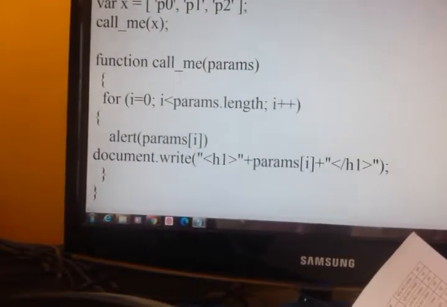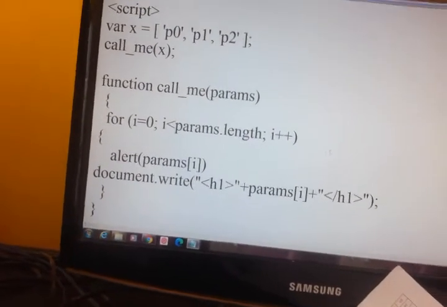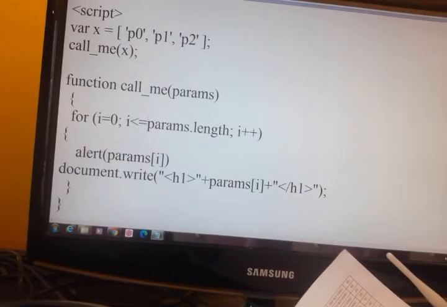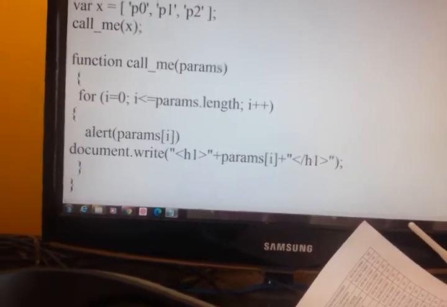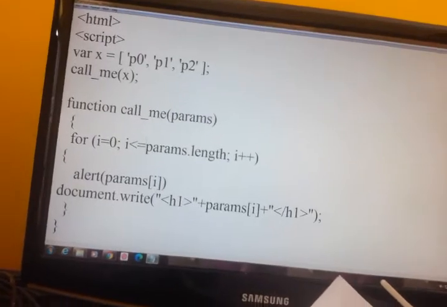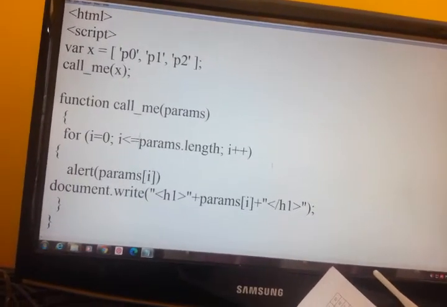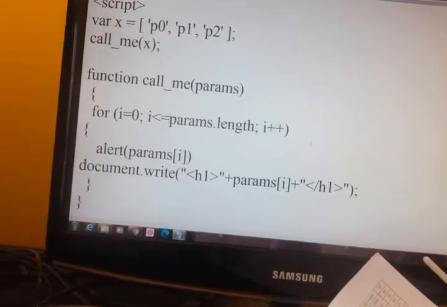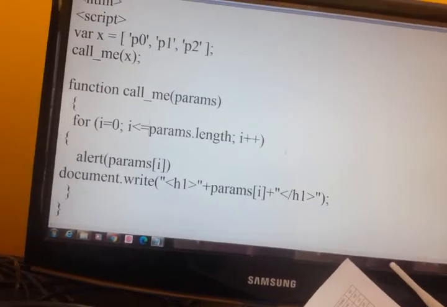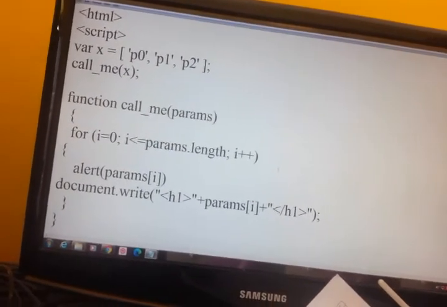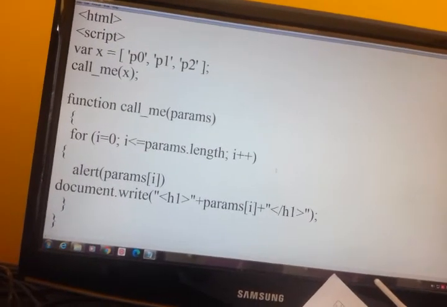If I have written like this, less than or equal to, so an extra iteration will be added. As we have given only 3, when we try to access the fourth, we will see what it will give.